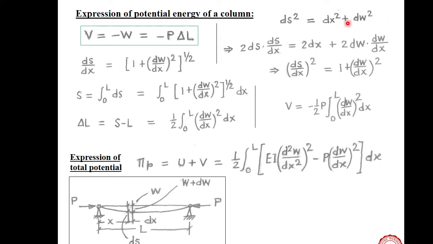And you take a derivative on this with respect to x. This is what we are getting. Clear? Yes, sir. Cancel 2. 2 is there everywhere. Cancel 2. Divide it by dx once again.